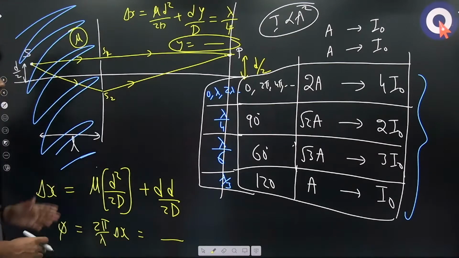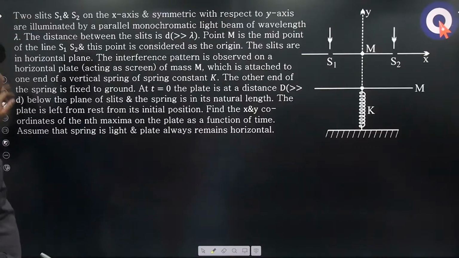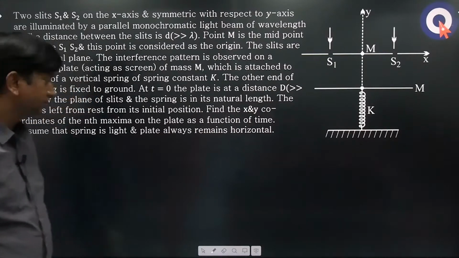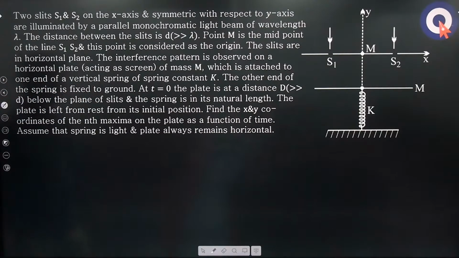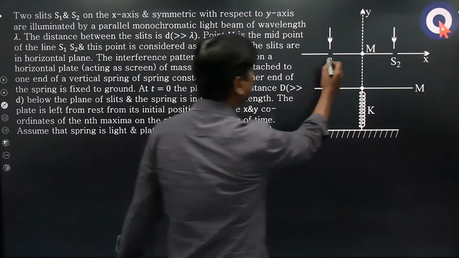Okay, all right. So now we'll move on to the next question. Just check this question. Two slits S1 and S2